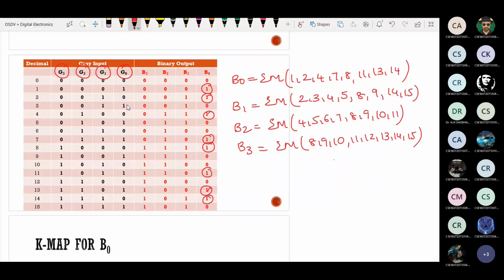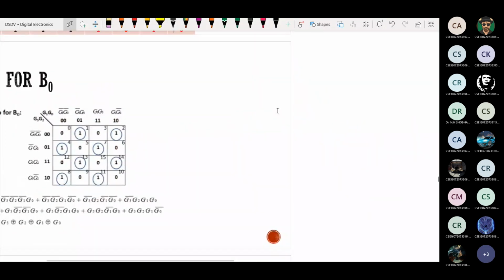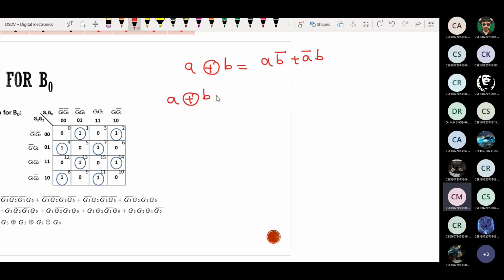Before that, I'll try to explain 3-bit XOR. Generally, till now we know that A XOR B can be written as A B bar plus A bar B. Suppose there are 3 variables.